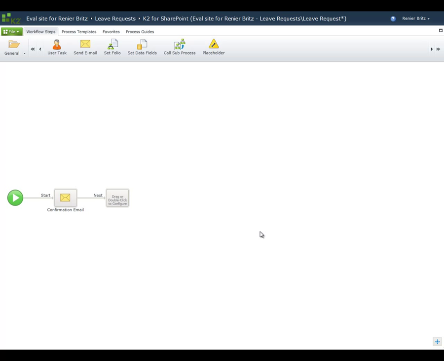K2 provides a feature called K2 Smart Objects that provides process designers with an easy way to access line of business data for use in their processes. This capability can also be used to give dynamic access to SharePoint lists so that information stored there can be used in business rules that are part of the process. We want to use the approved leave request list in this manner, so we'll set up a K2 Smart Object